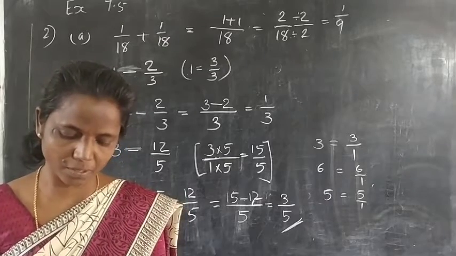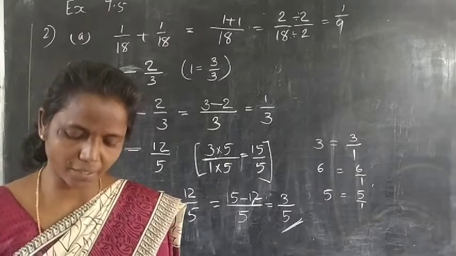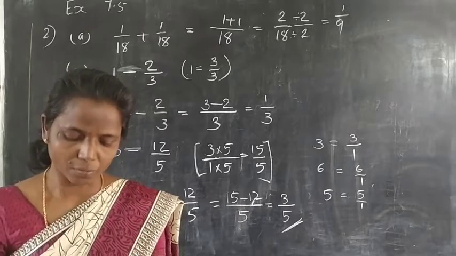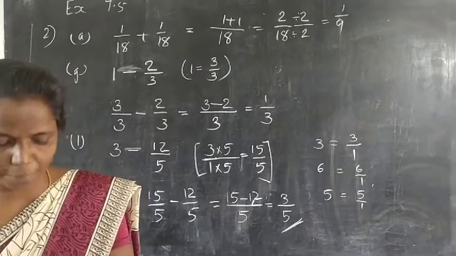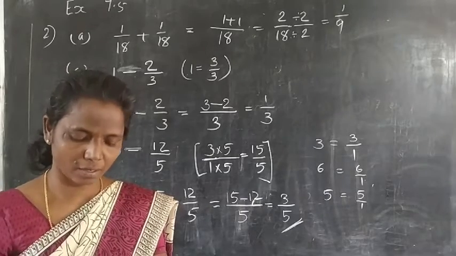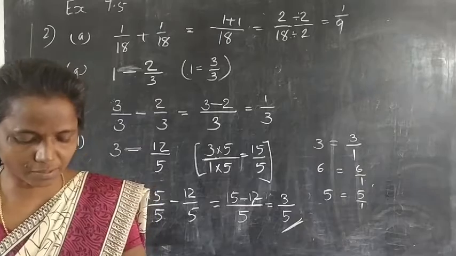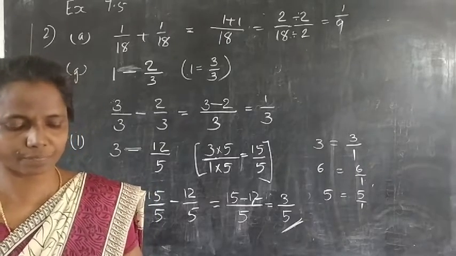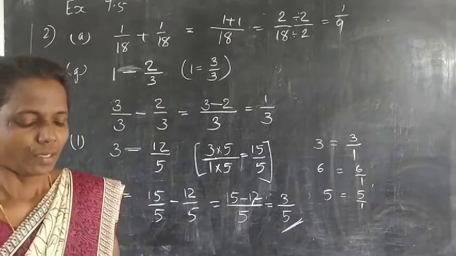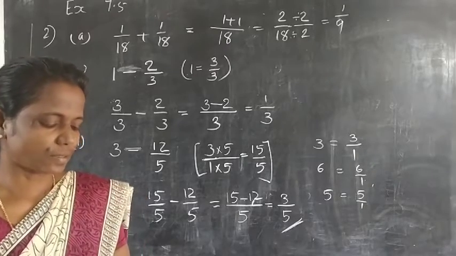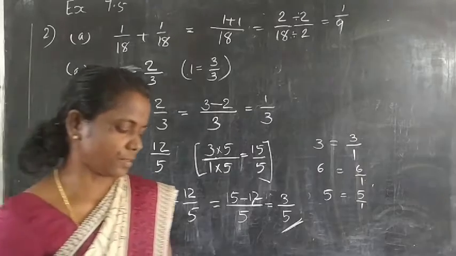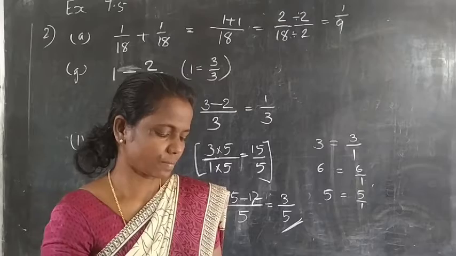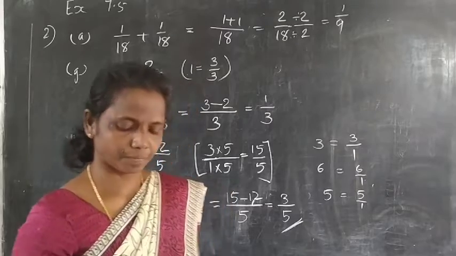The next question, number 3. Look, Shubham painted 2 by 3 of the wall space in his room. His sister Madhavi helped and painted 1 by 3 of the wall space. How much did they paint together? Shubham and his sister painted the wall of his room, and then how much portion did Shubham paint?